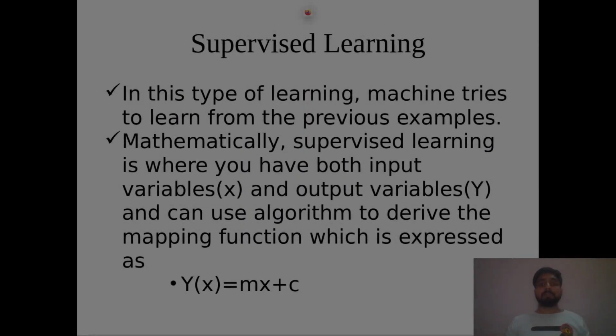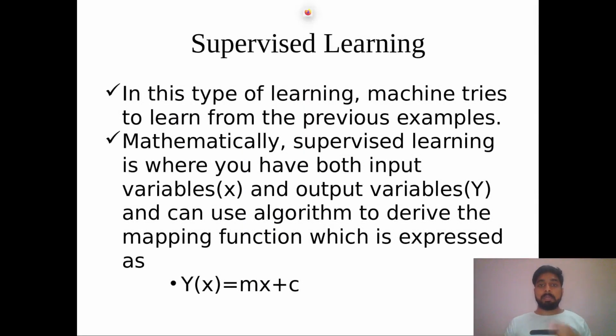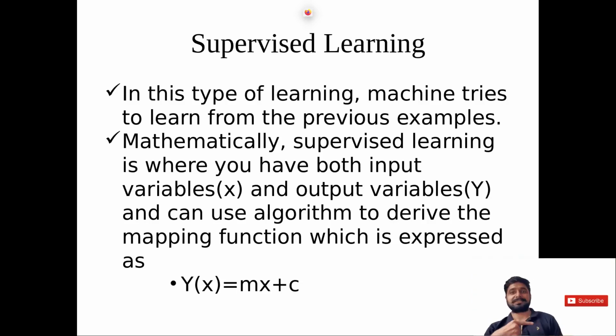Firstly, we will start with supervised learning, and as I have already explained, what exactly supervised learning is and what the different subtypes are. Inside supervised learning we have two subtypes. The first one is classification and the second one is regression. Firstly, we will go with the classification part so that we can understand what exactly classification is and how it works with different algorithms.